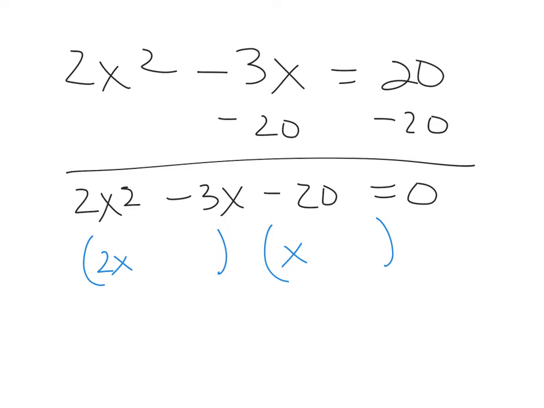There's some things I know I'm not going to do. Like I'm not going to put a 4 in that first parentheses because then I would have a GCF there. So let's just try 4 here and 5 here. And let's just try a minus here and a plus here. Would that work? So that gives me negative 5x and positive 8x. That gives me positive 3x. I want negative 3x. So that tells me all I need to do is switch this,